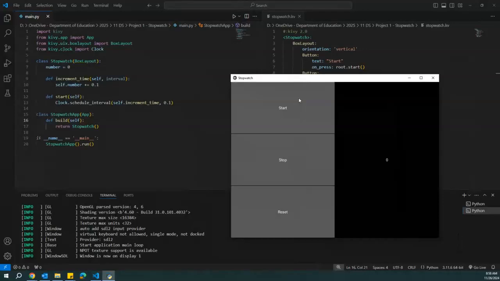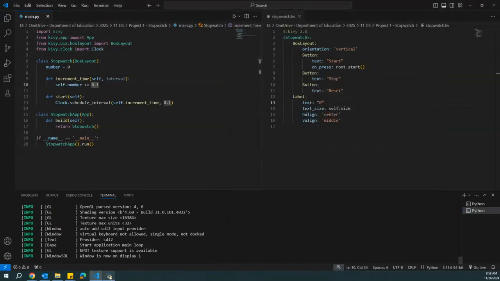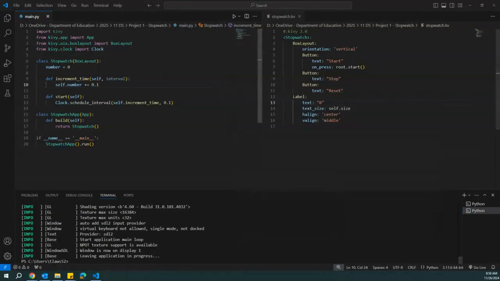If we press start, nothing happens on screen. All right, our timer is incrementing, but we cannot see it. And that's because we need to actually change our output to match this number. So there's two things we need to do in order to achieve that. The first thing we need to do is adjust our label. So what we want is for it to be a string